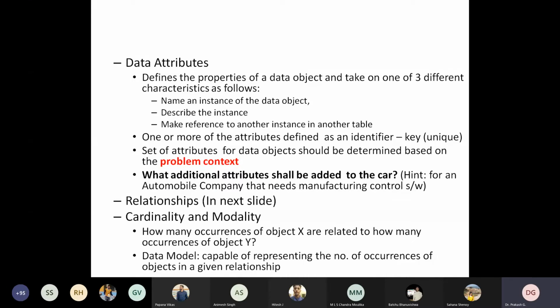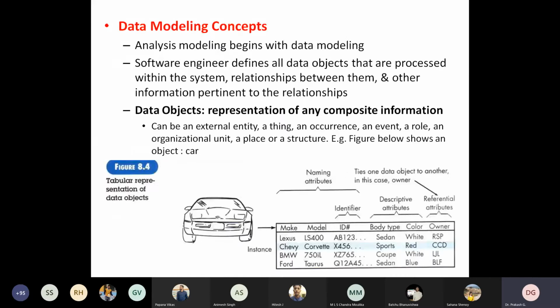If you are going to purchase a car from a particular dealer, these attributes suffice: make, model, ID, body type, color, owner, price, type of gear, whatever you are considering. So according to the particular dealer where you are purchasing the car, this is the database with the data object car and the data attributes that are shown.